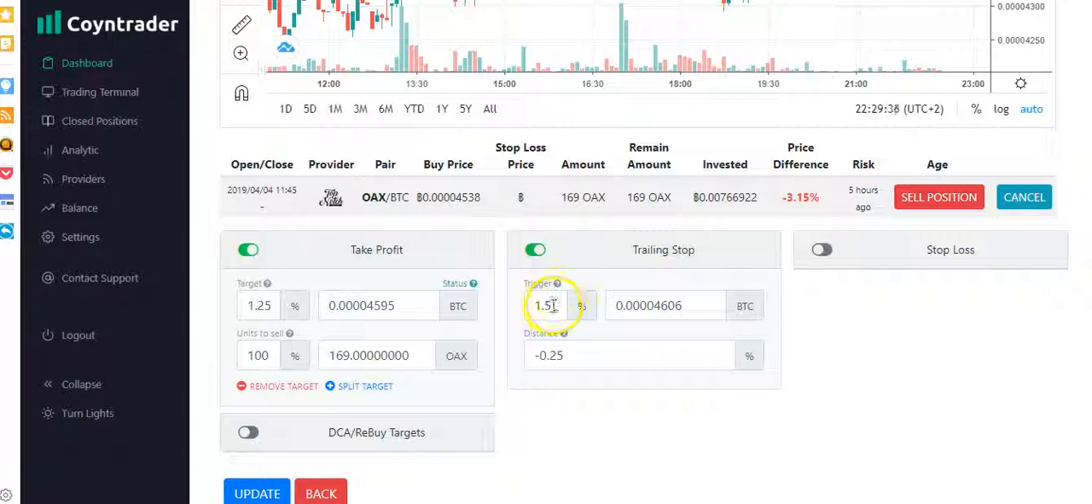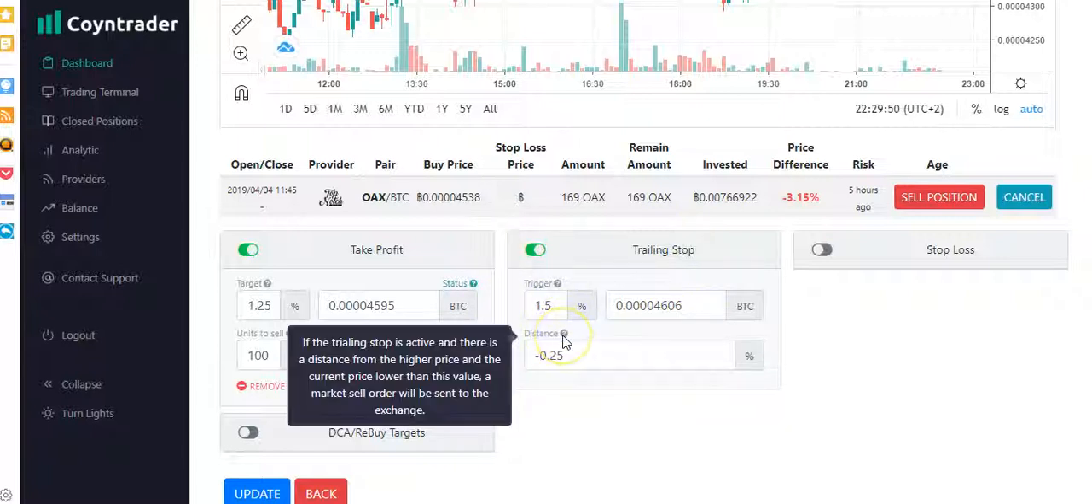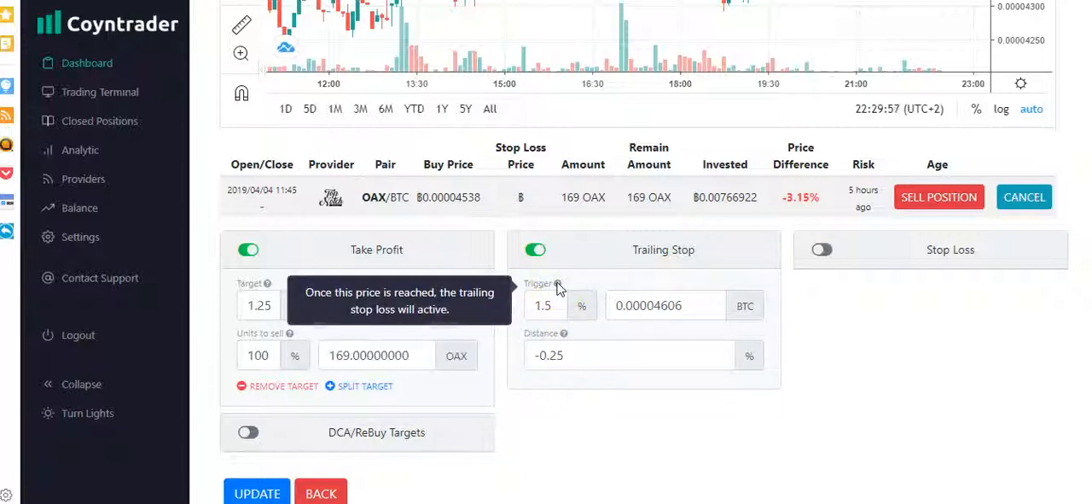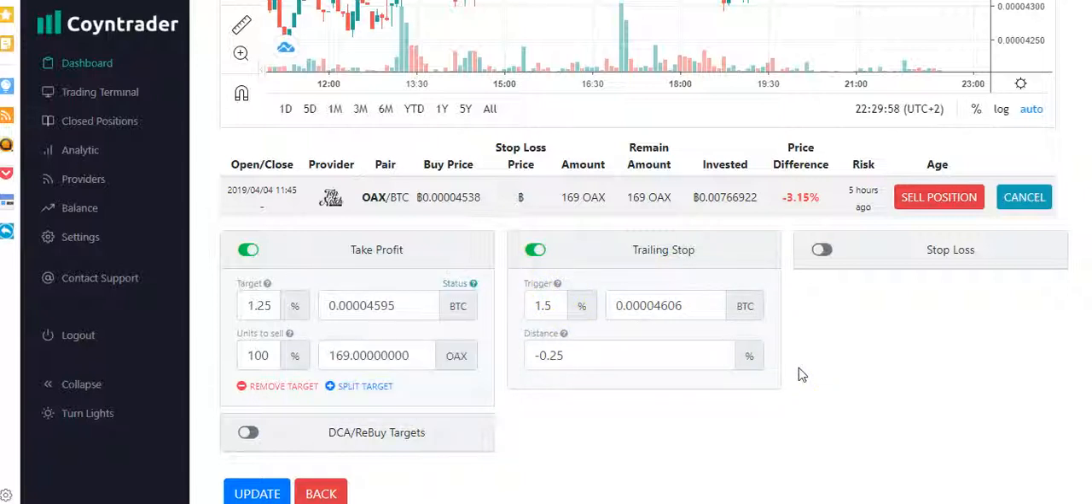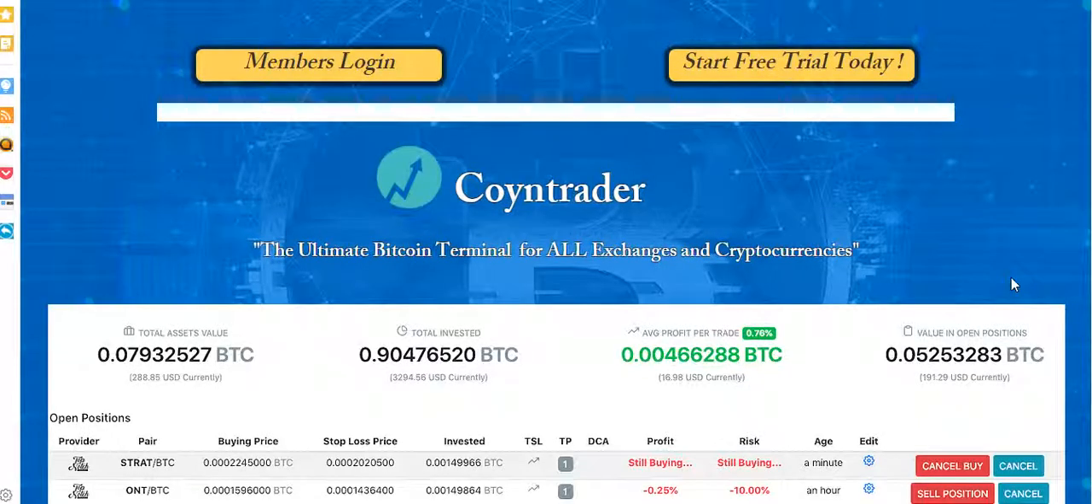And here's my trailing stop, and I got it at 1.5. It was 125. Now it's 1.5, and minus the distance for it to kick in, to start retracing. If you hover over any of these, you will see that it explains what a trailing stop is, and when the command is sent to the exchange, either to sell or just wait or whatever. So anyways, that's basically what CoynTrader is all about,